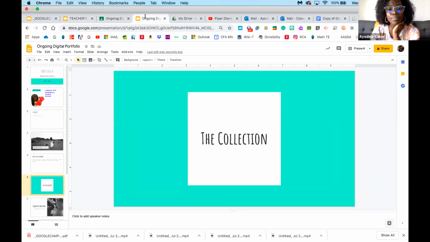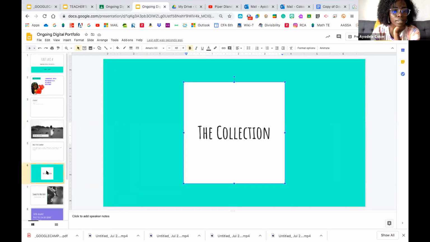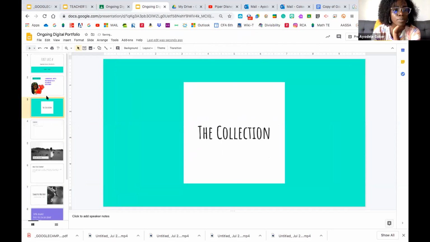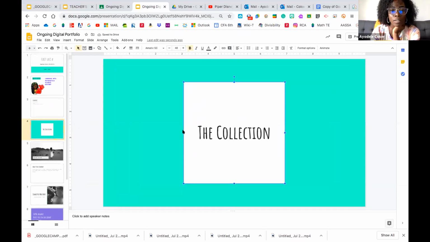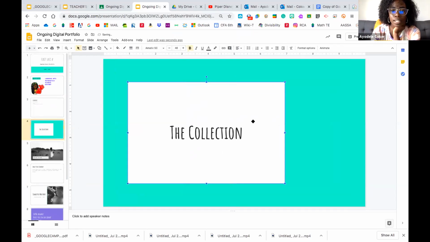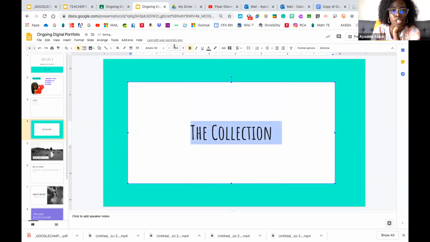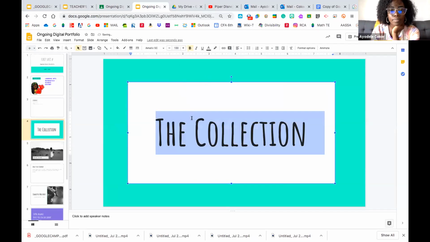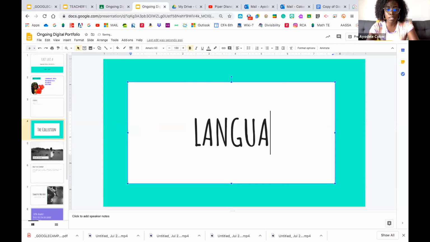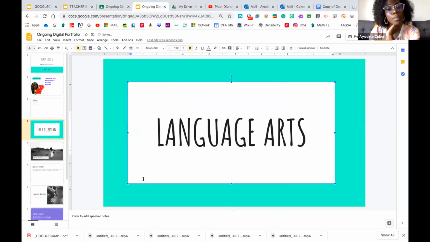So in order to do that, I'm going to take this template first, and I'm going to drag it up to where I want it. Oh, after the About Me. Okay. Now notice on my sample, I dragged out this white box just for visual sake. Okay. When you double click inside these boxes, then you can change the text to however you want. I'm gonna do 100 size font, okay? And I'm gonna change that to language arts, okay?